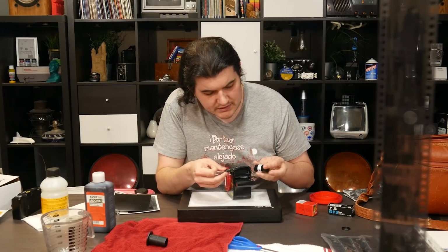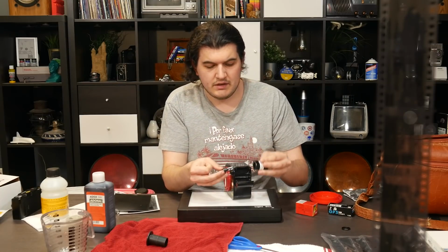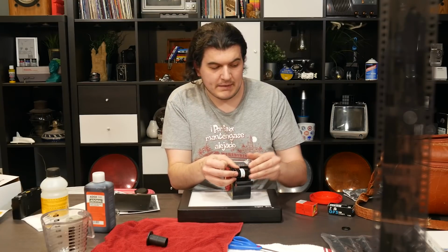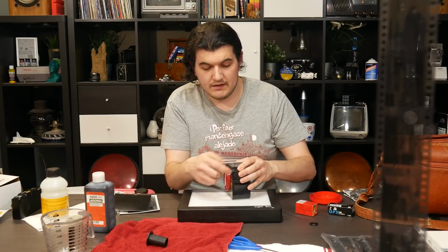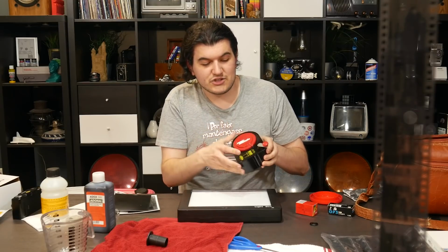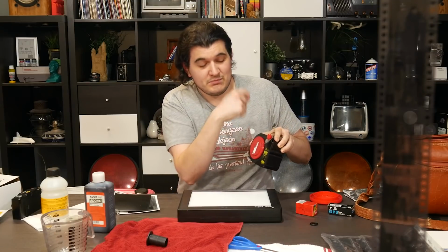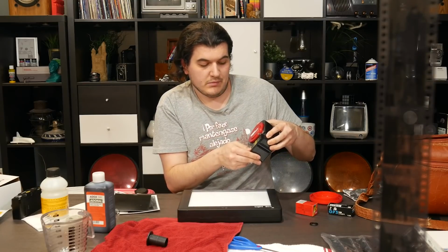I don't remember which way it's supposed to go. It has to go like that. So you tape it to this, and then you would slip the cartridge over it, so you'd slip it through its light trap, right? All the while it's taped to this. Put the end on, shut this door, right? Then there's a light trap again. And you stick on the crank, and it has a chart for how many turns for how many exposures you want on the roll. So for 36 exposures, turn that 30 times. There you go. If you only want 24 exposures, it's 24 turns. Happens to line up that way. But I always do 36 because